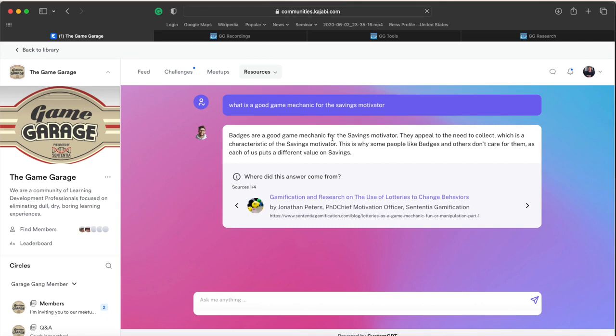But once you get beyond gamification or game-based learning, what we're asking you to do is take your inquiries and move them to your own ChatGPT account, your Bard account, or whatever large language model platform you're using, so that we keep some inquiries for other people in the community. By all means, do come here and use this. I used up one of our inquiries for the example, which is fine.